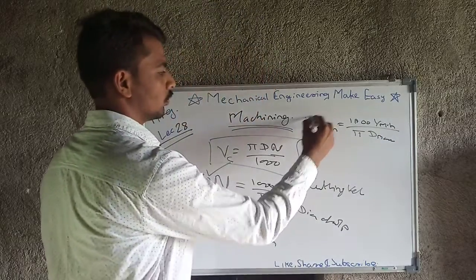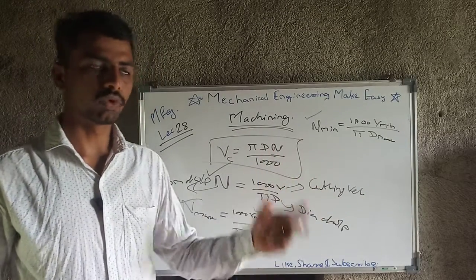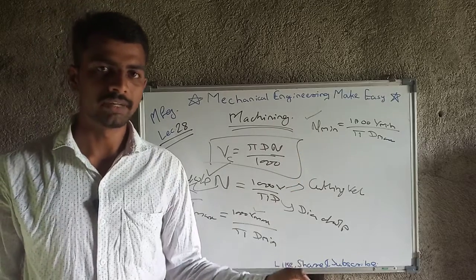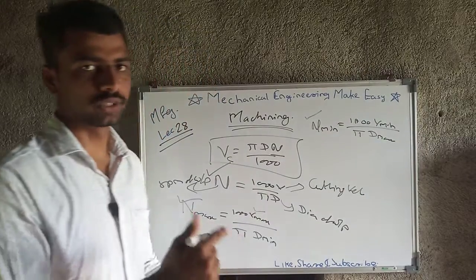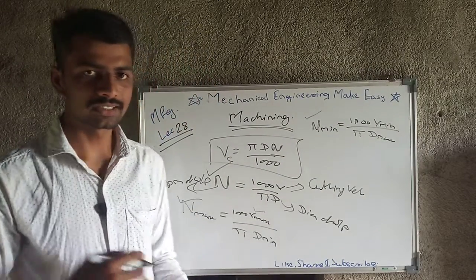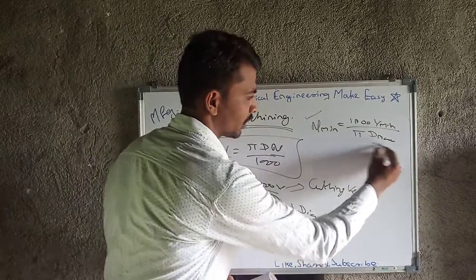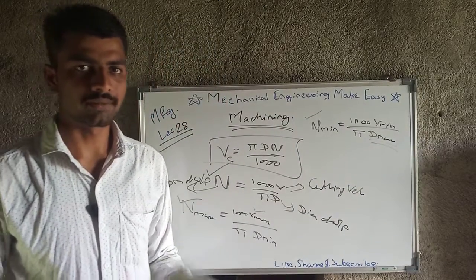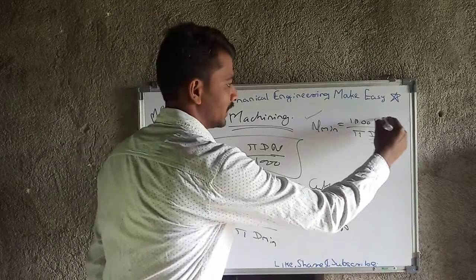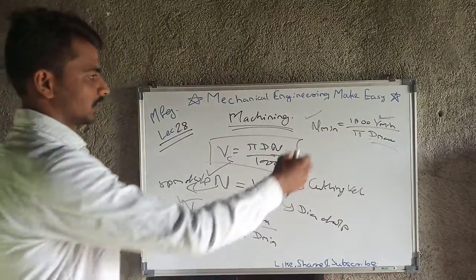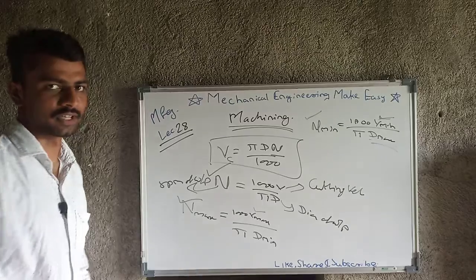Okay, means if we want the minimum value of RPM, then the diameter of workpiece should be more and the cutting velocity should be minimum. Okay, and either you may manage both the cases, like decrease cutting velocity side by side to increase the diameter of workpiece. Otherwise, the workpiece diameter will be constant according to our requirement, so we can change the cutting velocity. Okay, so cutting velocity is an easier parameter to change, and according to that the RPM will change. Okay, so this is all basic about the RPM and cutting velocity.